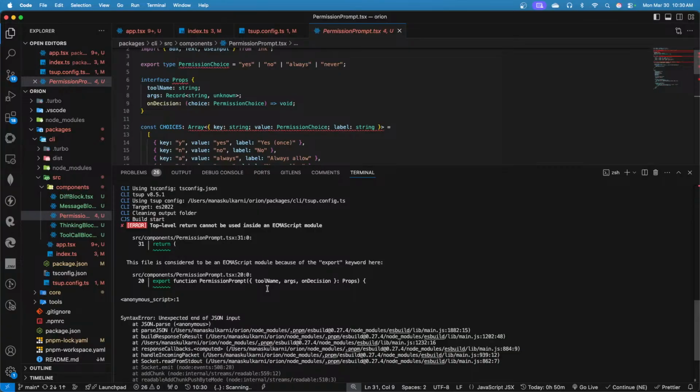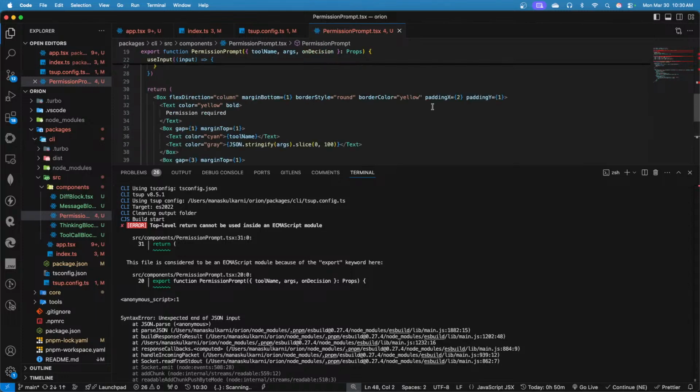Top-level return cannot be used inside an ECMAScript module. ओके, तो ये एक्सपोर्ट, ओके ओके ओके, ये मतलब कि हमें पहले एक्सपोर्ट करना पड़ेगा और फिर